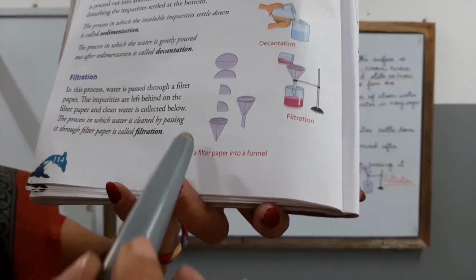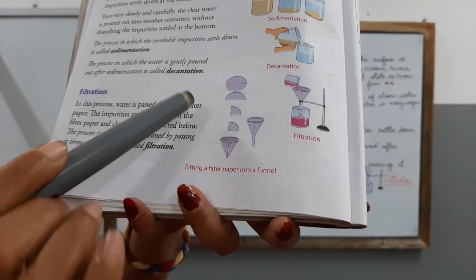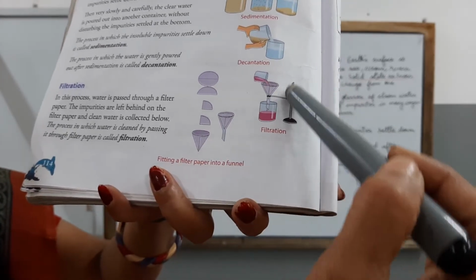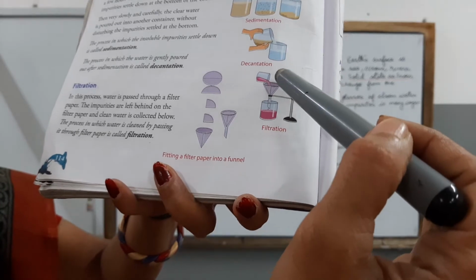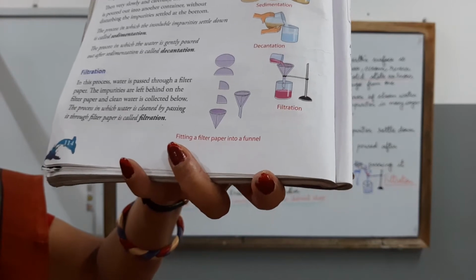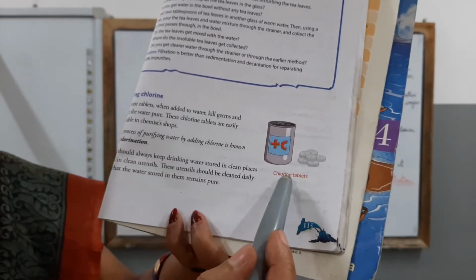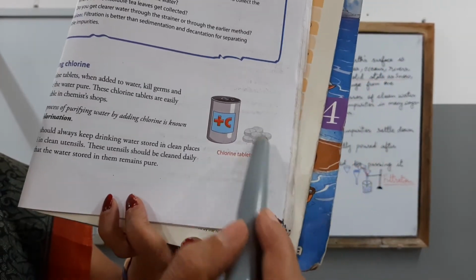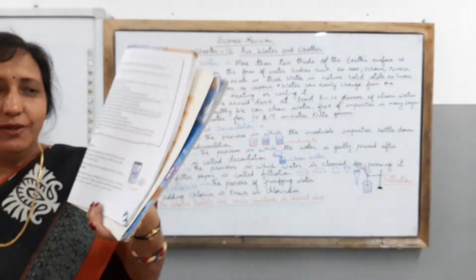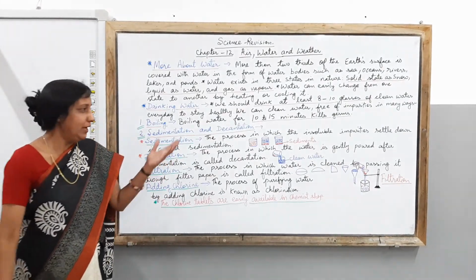Next I have explained to you, children, about filtration. That is done with the help of the filter paper. Right here you can see how I have made it into a conical shape, then fixed it into a funnel and then placed it here on the stand and filtered the dirty water into it and got clean water below. And this is called filtration, children. Here you are getting the chlorine tablets to see, which are available in the chemist shop, through which you can do chlorination.